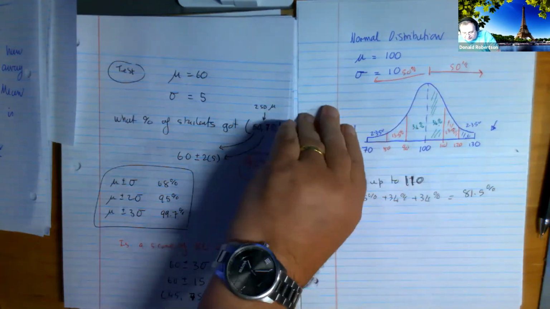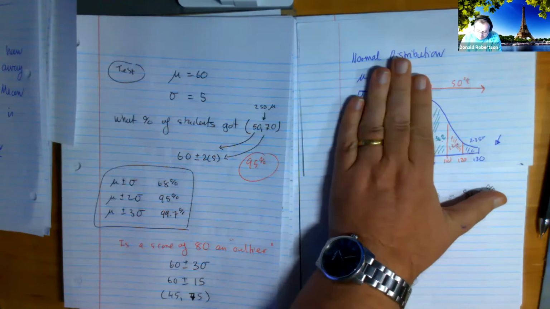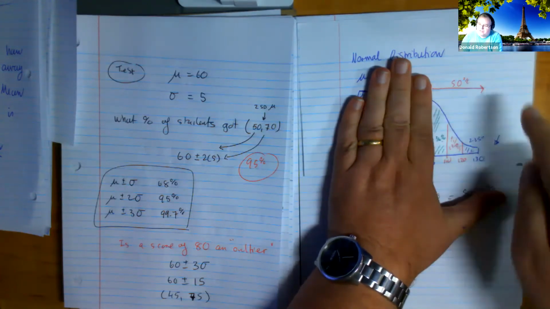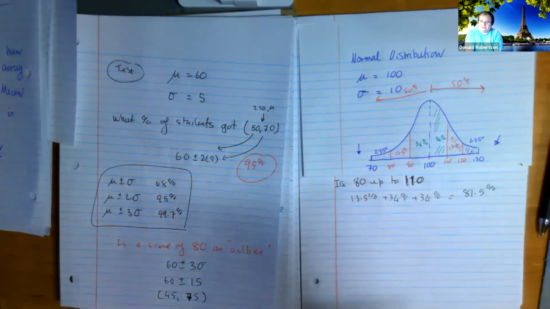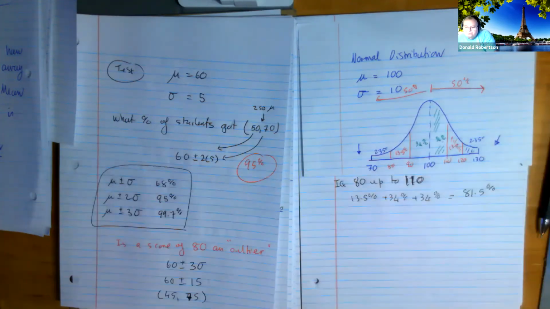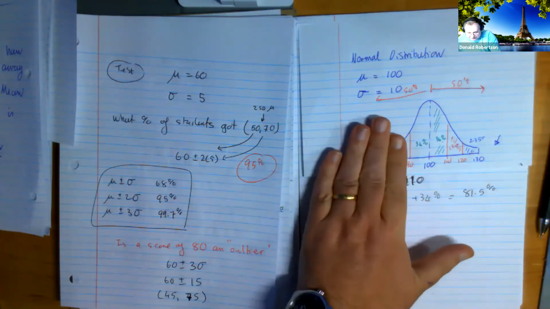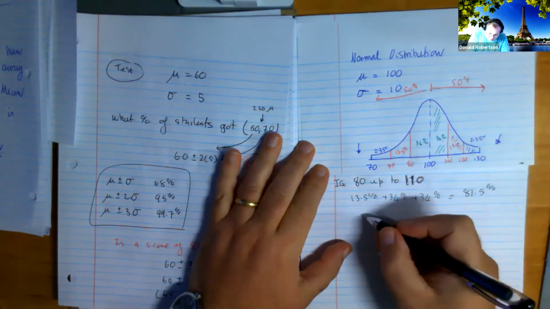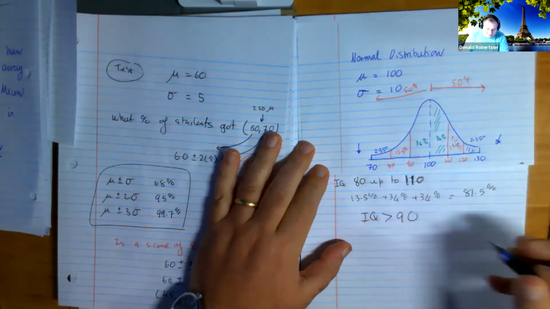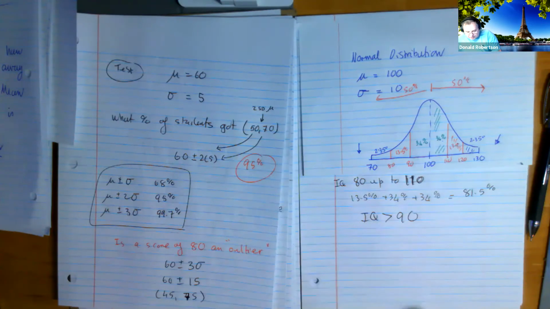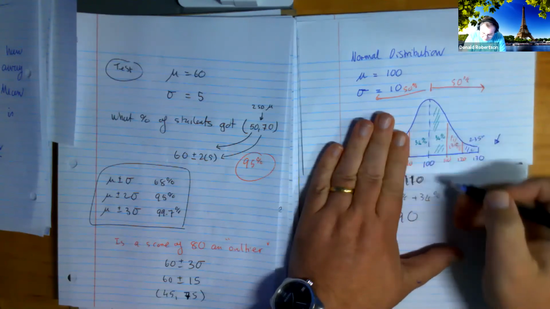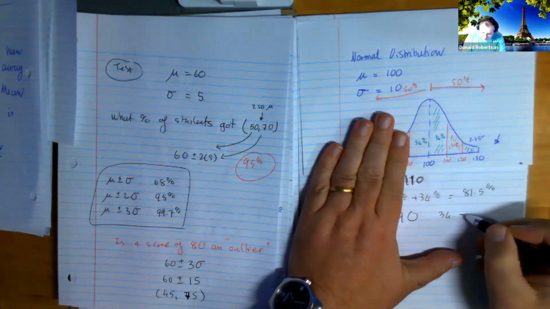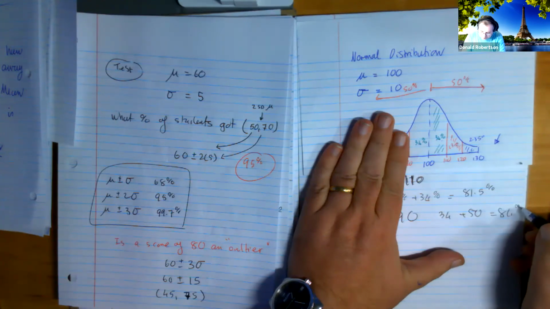Now, this mess at the top here, if you take the middle and you go everything forever to the right-hand side, that is 50% of the cake. Would you agree that 50% either side, it's cut into two equal halves? So far, so good. Now, for instance, if somebody said to you, okay then, how many people have an IQ greater than 90 in America? What percentage of people, adults? Right, you cover that up. Do you see it's made up of this and all that? Well, what I would do is I'd say, okay, this bit is 34. But I don't want to add all these pieces up because I know they all come to 50. So the answer is 84%.